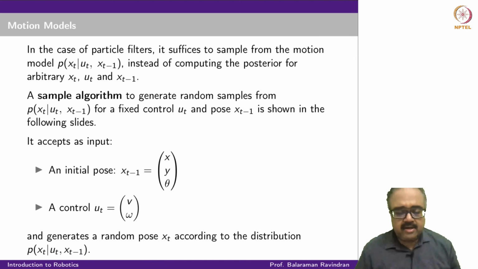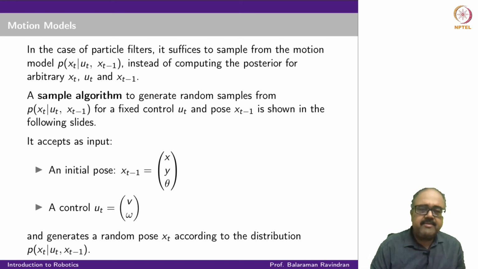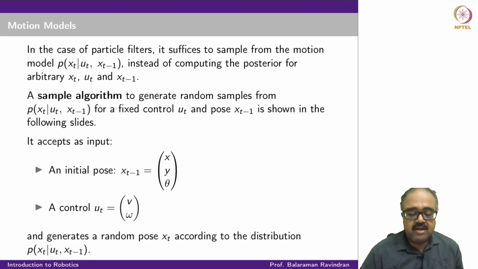So, we looked at the proper fully parameterized model in the previous example. A slightly simpler version could have been to use a particle filter. If you remember, with a particle filter I do not really compute it in a closed form. All I do is draw samples according to the motion model, instead of computing a full form distribution like I was doing earlier, where for every point I query, I return a value.